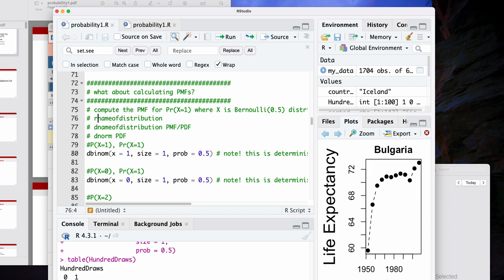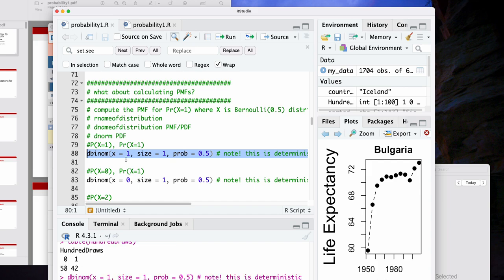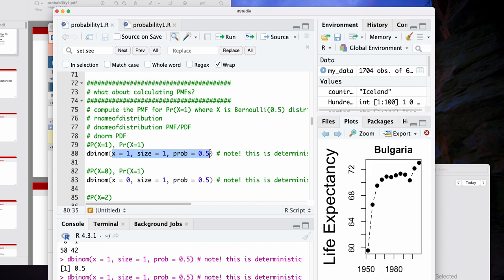When you see R, think random number. R stands for random, whereas D stands for density. So when we use D binom, we're evaluating the probability of seeing a certain thing. That gives us a number with 100% certainty. When I say D binom, nothing here is random. Everything is set deterministically based on the structure of the distribution.